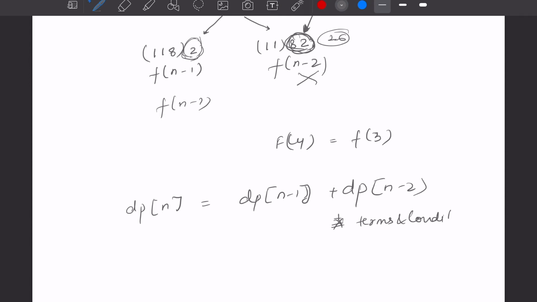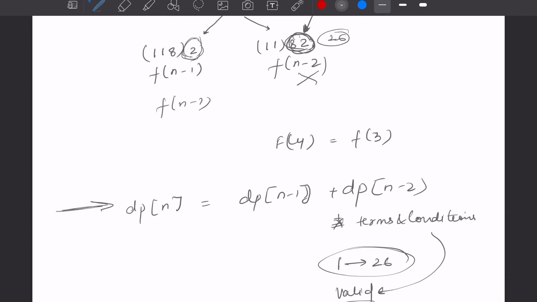Which we will apply based on the table of coding which we have, 1 to 26, right? So we have only these valid codes. So these terms and conditions will depend on these valid codes, right? So this approach is known as bottom up, right? Because you are starting from the lower or the smaller problem and you are moving ahead and building bigger solutions,